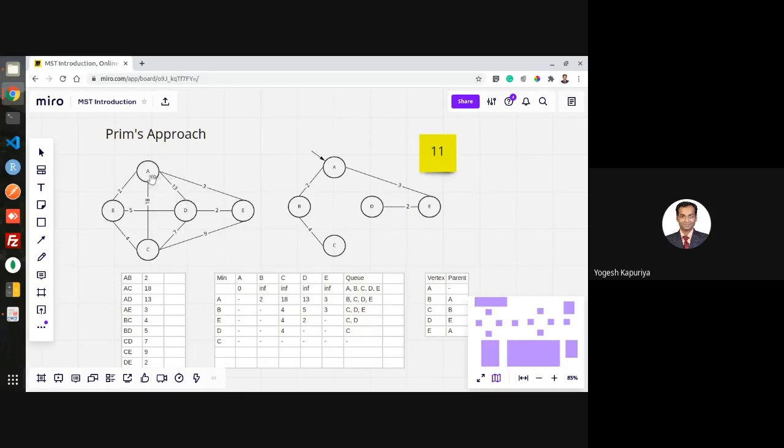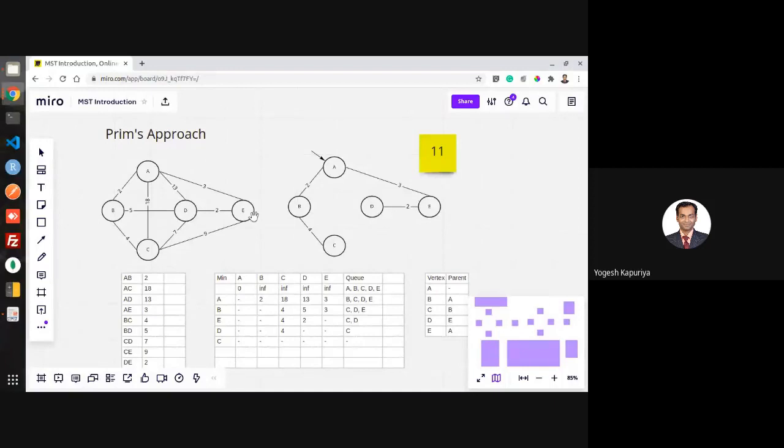There is another path as well, which is A, B, and D. Now if you see the total weight of this path, AB is 2 and BD is 5, so 2 plus 5 is 7. So the path from A to D is 7 if you go by this, and if you go by the direct edge, it is 13. So our output should be 7 and not 13. Shortest doesn't mean minimizing the number of edges. Shortest means minimizing the total weight of the edges which are part of this path.